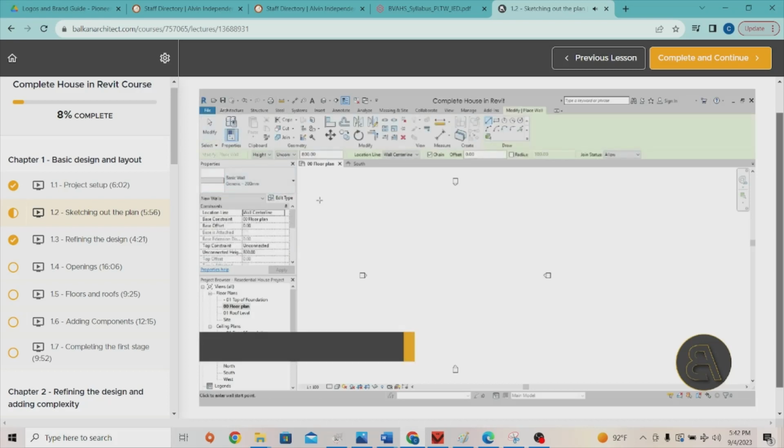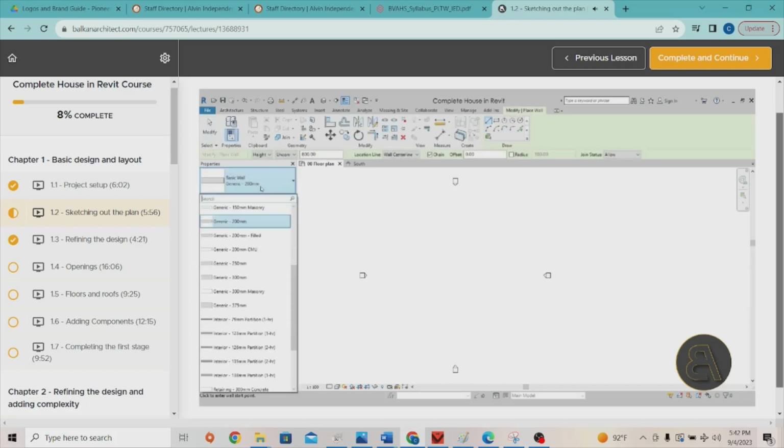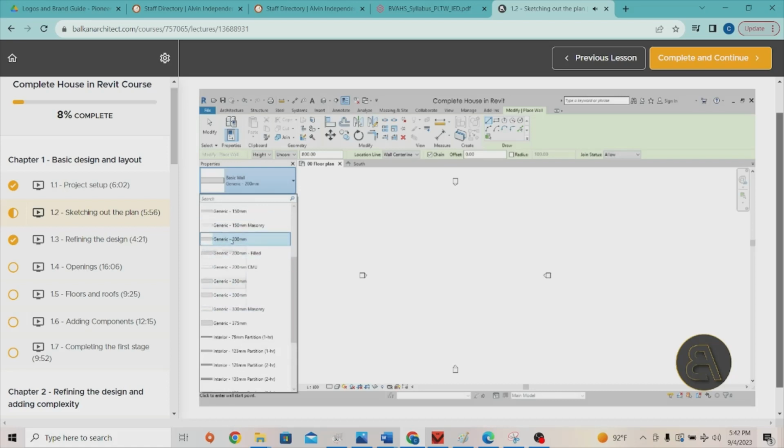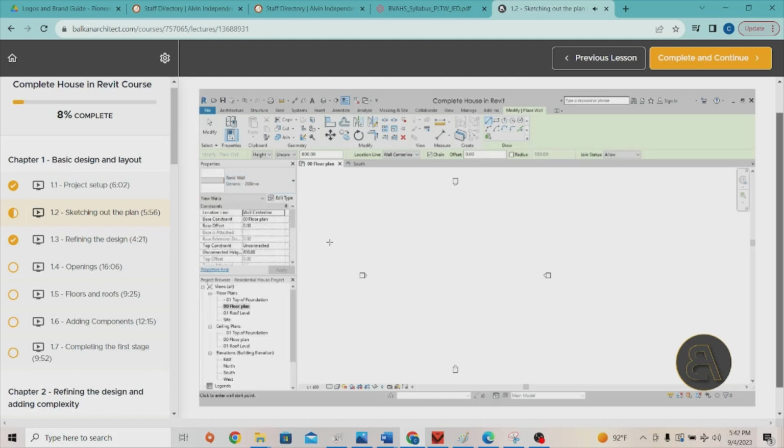I'm just going to go here to wall, and when you go into properties and you open up the drop menu, with the template that I chose, I have some of these generic walls, and I'm going to go with the generic 200 pretty much for all of the walls on my project for now, and then I'm going to play around with setting the walls, the wall layer, the different thicknesses of walls and stuff like